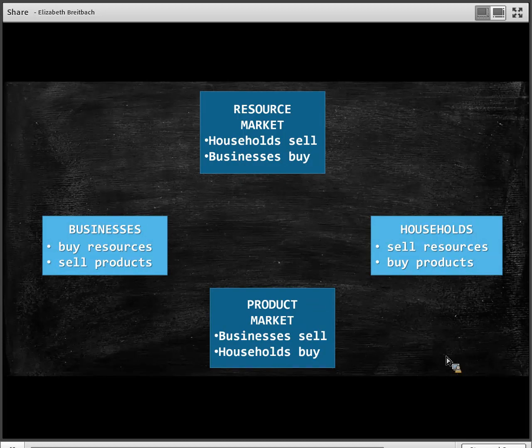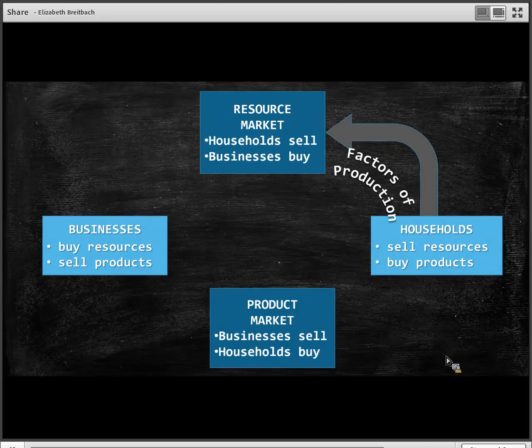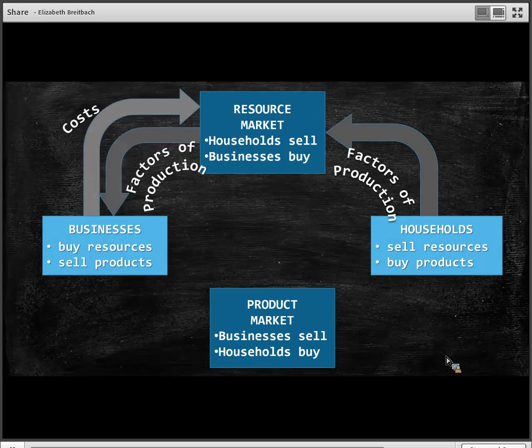So households own those factors of production. They take those land, labor, capital, and entrepreneurial ability, those factors of production, and they bring them to the resource market. There are businesses within the resource market that want to buy your labor. And so those factors of production then flow into the business. The business treats the cost of these factors of production as their cost of business. So they know it's going to cost them to produce the goods and services that they do, and the costs are going to be the cost of the land, the cost of the labor, the cost of production. And so costs are the outflow into the resource market,